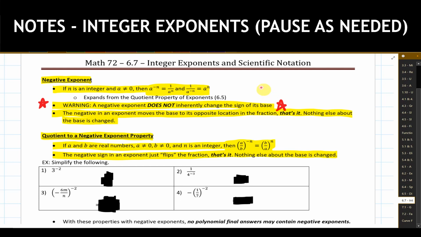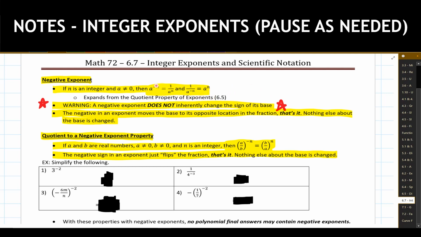So this goes back to when we're beginning to talk about exponents. It's very, very important to correctly identify what is the base value that is being raised to an exponent. Is it a 5? Is it a negative 5? Is it a positive x or is it a negative x? Is it a positive 15.3 or is it a negative 15.3? All of that's very useful information to have, but when we're working with negative exponents, we do not really care about the sign of the base.